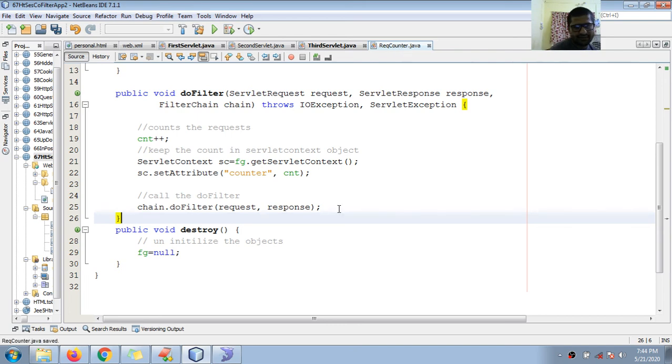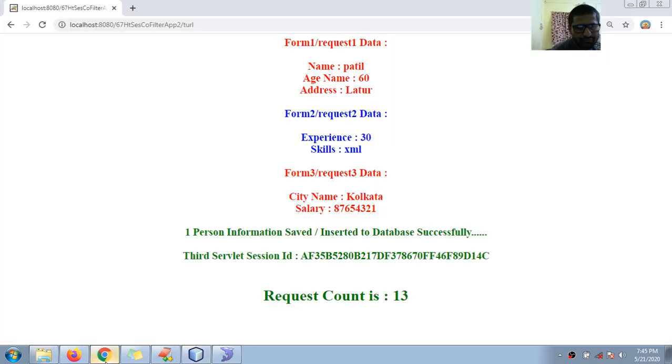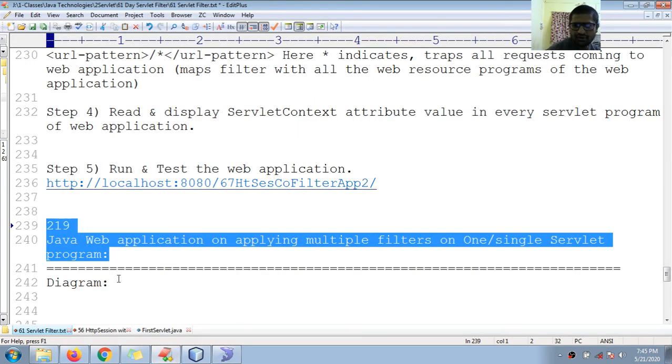Okay guys, and finally run your applications and observe the output. Run your applications and observe the output guys. So let us see now multiple filters on a single servlet. Multiple filters on a